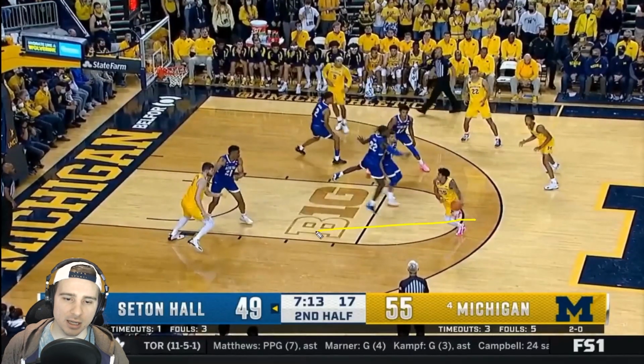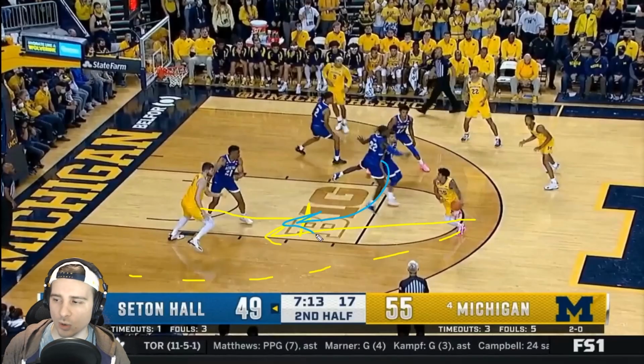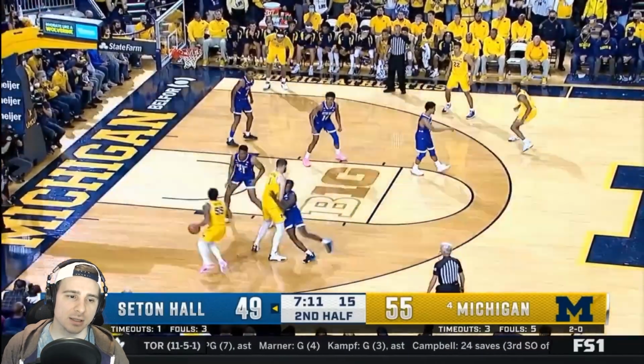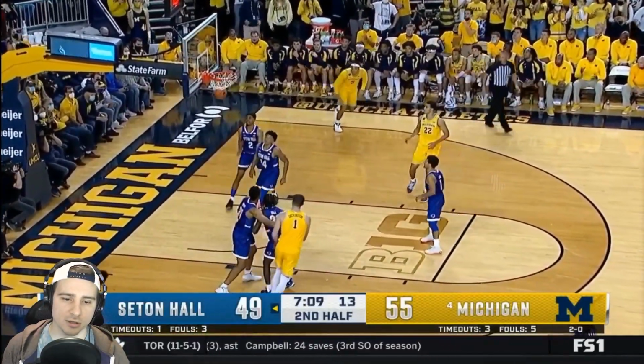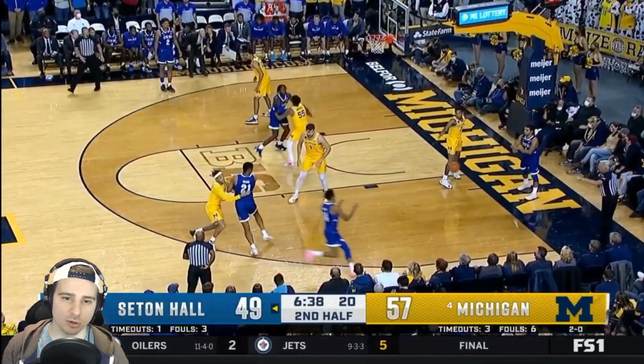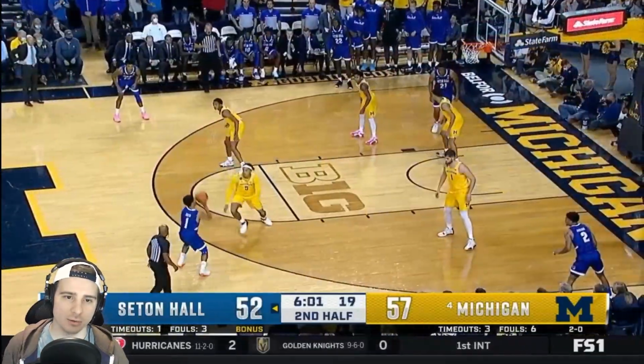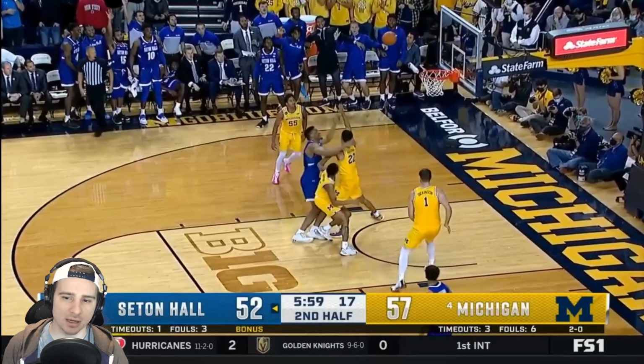So now he can pass here. He can continue on his path. Dickinson can set the pick here as they're late to adjust to this, right? There's no way they can adequately follow on that pass. Another pass, pick, boom, mid-ranger, right? Just really nice action there. Eli Brooks, good instincts here. Can't get off of that screen, and another three-pointer here, another kind of fadeaway three, and then they call just